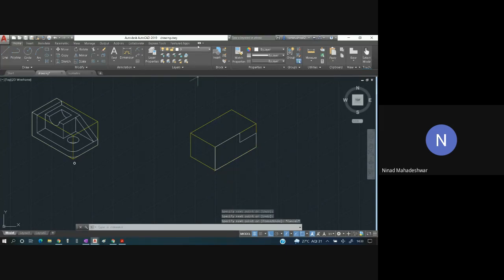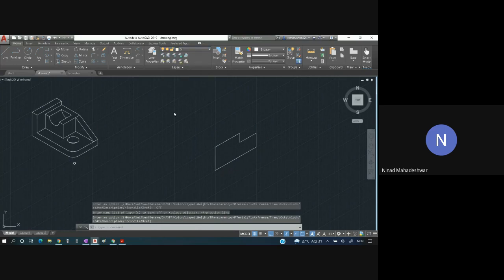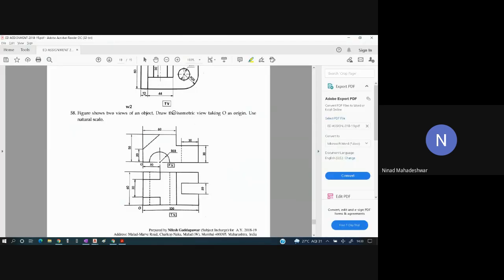So let me just switch off this part, that is the projection line. So I have drawn roughly this entire part. The next part I will draw this inclined line. Now if you see this, this is exactly at the center of this part. Because this is the center line, it is going to intersect over here. So from here 20 mm we have to go up, and then exactly at the midpoint we have to join.